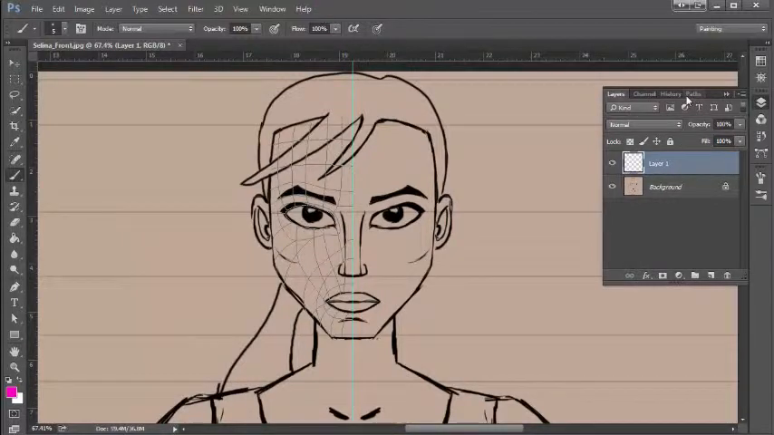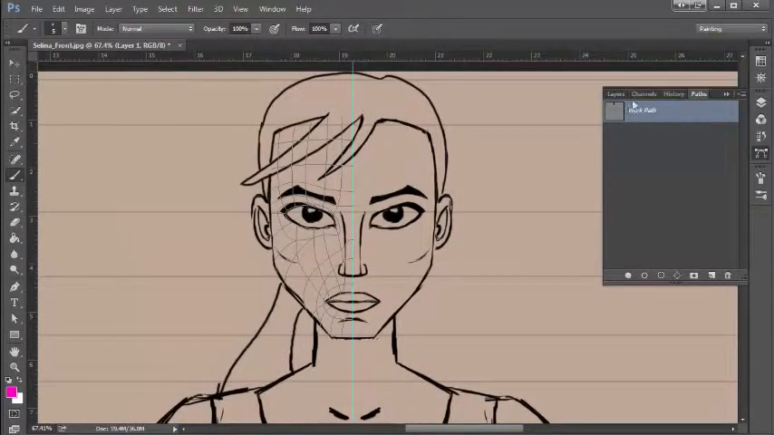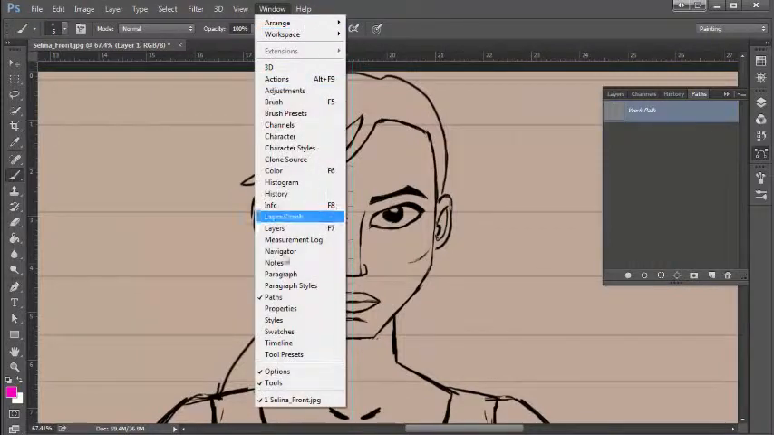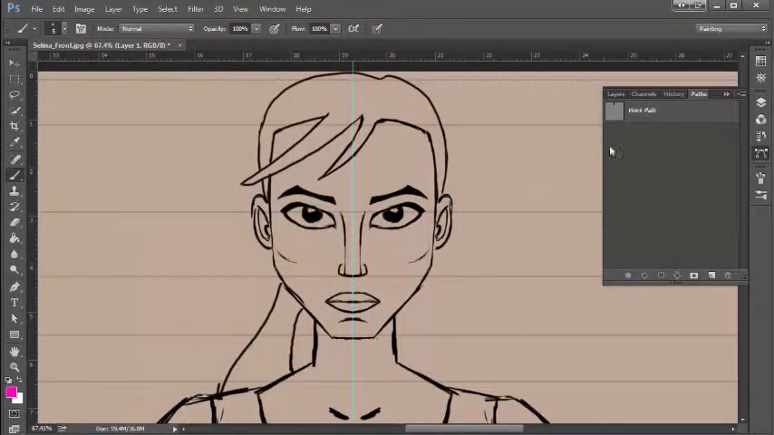Now we'll go to our paths tab. I like to keep all of mine together for easy reference, but yours might be separate. If it is, you'll just have to go to this icon here, which will be your paths tab, or you can go to Windows, Paths. Alright, so with that layer selected, we want to select